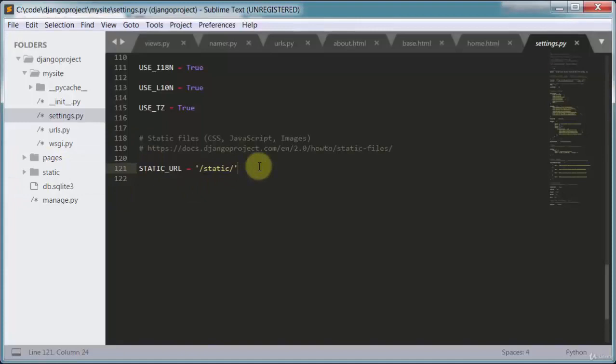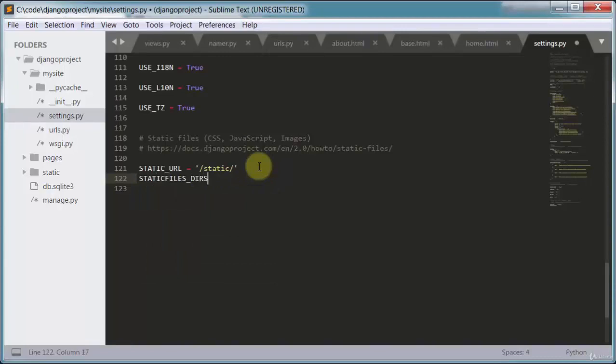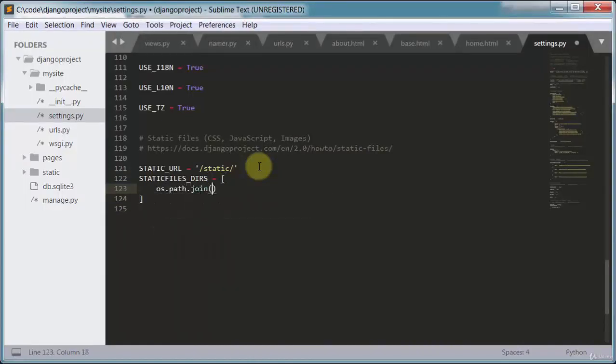So we need to add a couple of things here. We need to type all capitals STATICFILES_DIRS. It stands for directories, and we create a Python list. And inside of here, we need to type os.path.join and then capital BASE_DIR and then a comma and then static, and then we should probably put a comma. So if we save this, basically this os.path.join is a way for Django to create a path